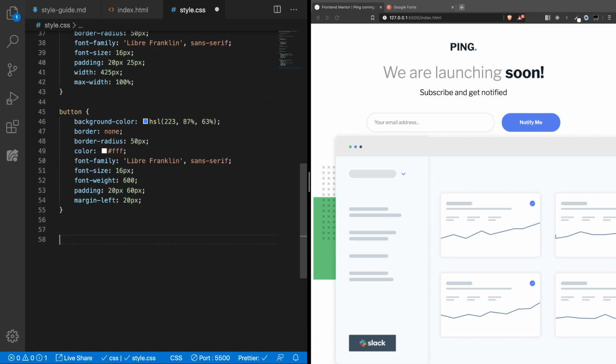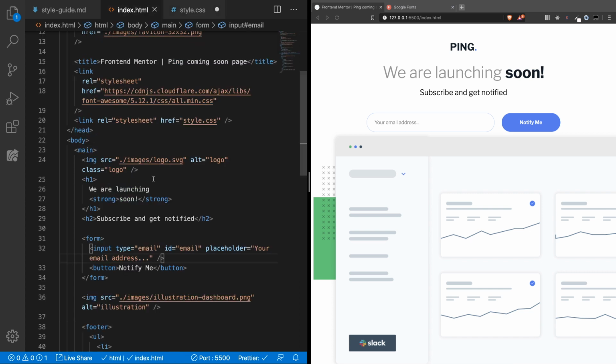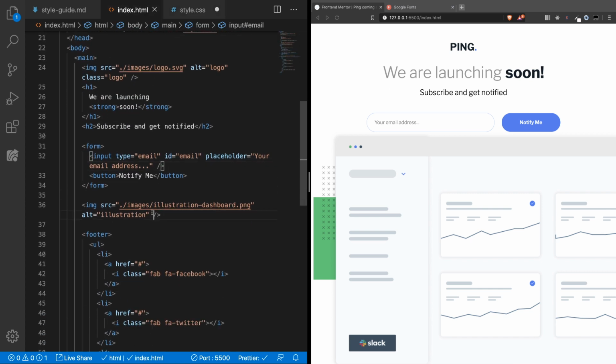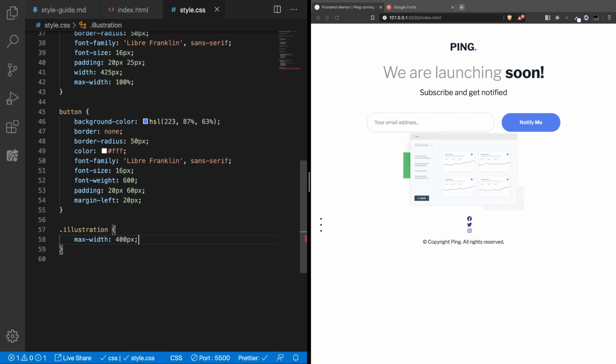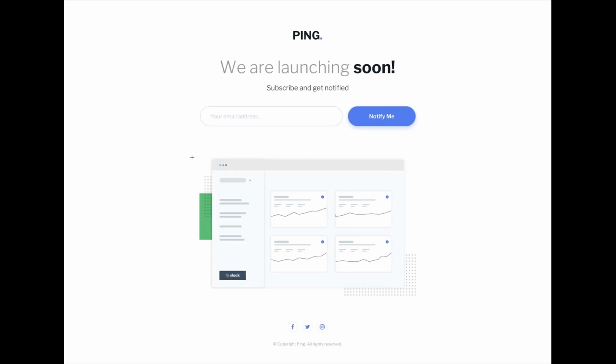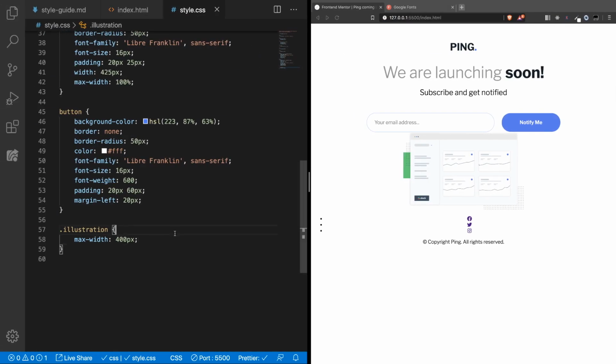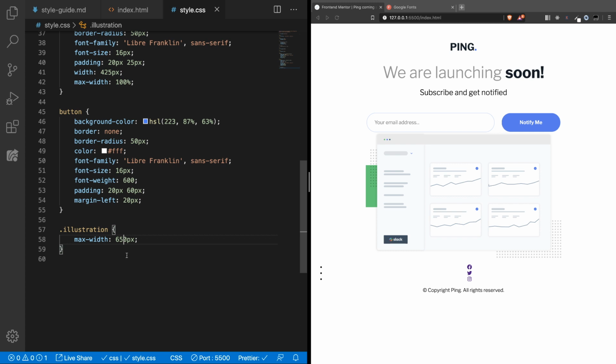Well, actually, let's give this image a class illustration, like that, and give it a max width of 400 pixels. Nah, too little. Let's see. 650, as you said, should be it. Or even better,